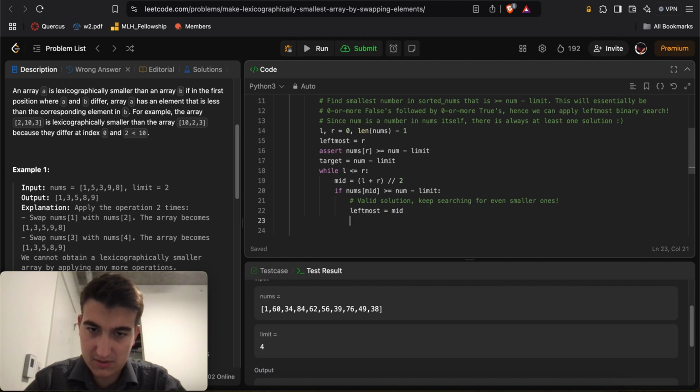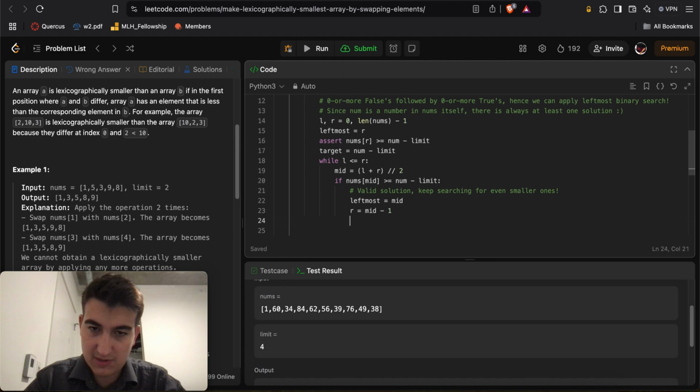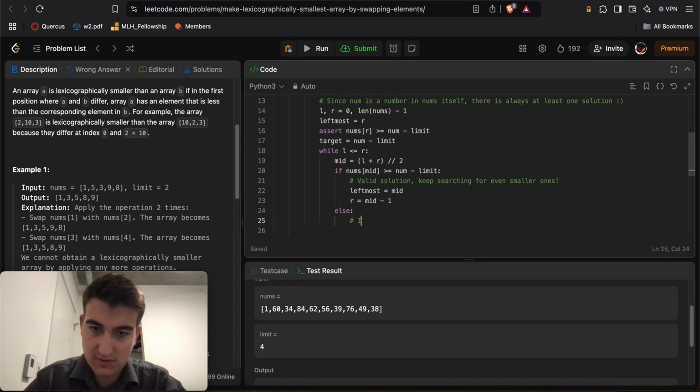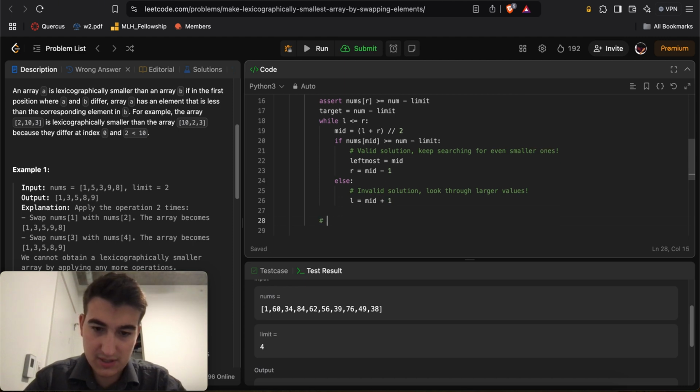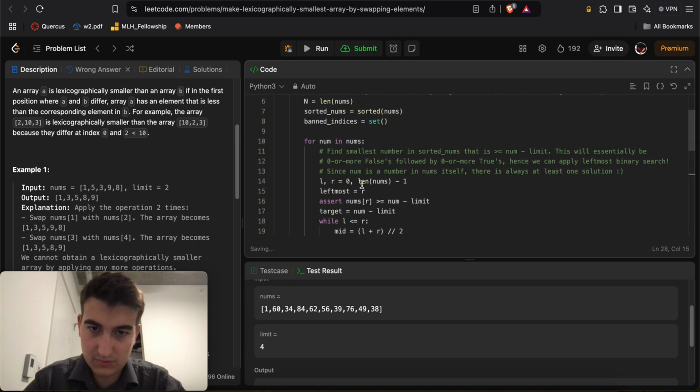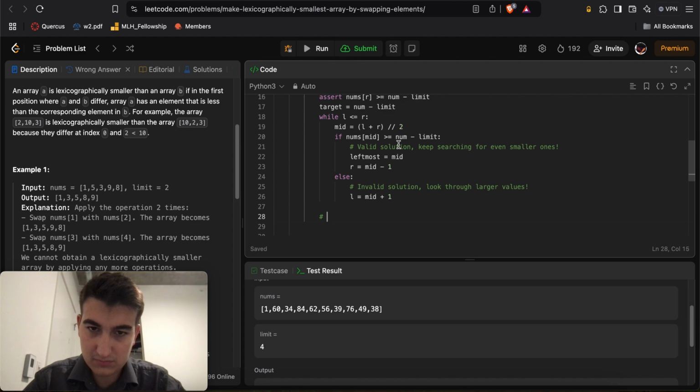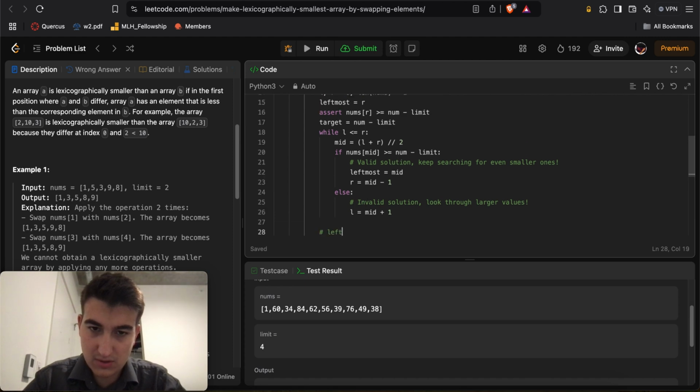Leftmost equals mid, R is mid minus 1. Else, it's not a valid solution, we need larger values, so L equals mid plus 1. Then we'll say leftmost points to